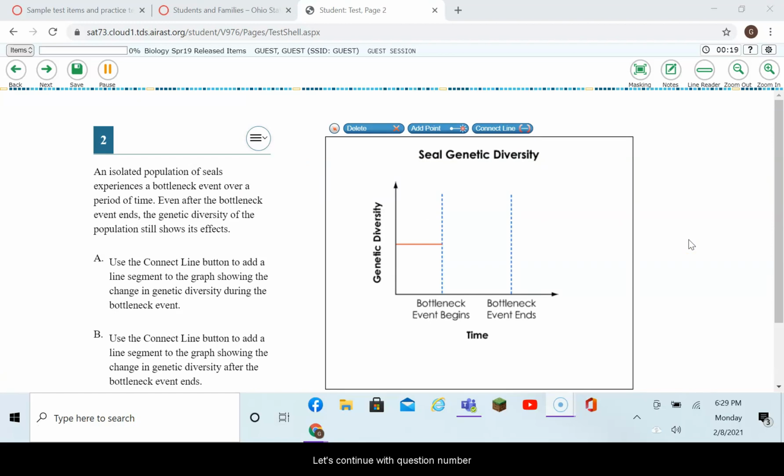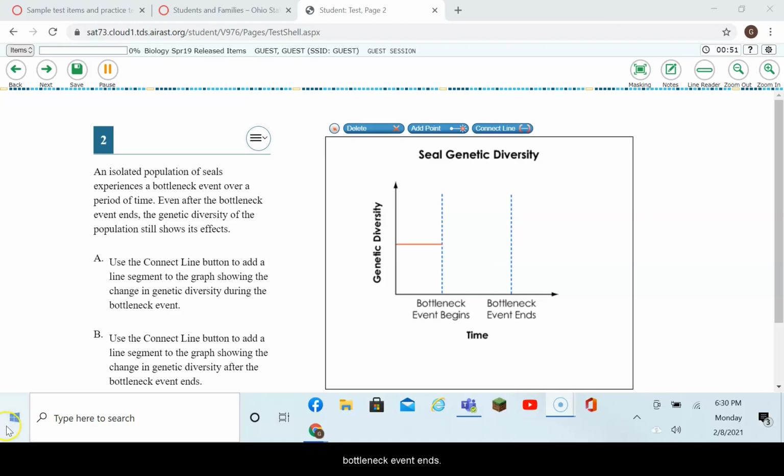Let's continue with question number 2. An isolated population of seals experiences a bottleneck event over a period of time. Even after the bottleneck event ends, the genetic diversity of the population still shows its effect. A. Use the Connect Line button to add a line segment to the graph showing the change in genetic diversity during the bottleneck event. B. Use the Connect Line button to add a line segment to the graph showing the change in genetic diversity after